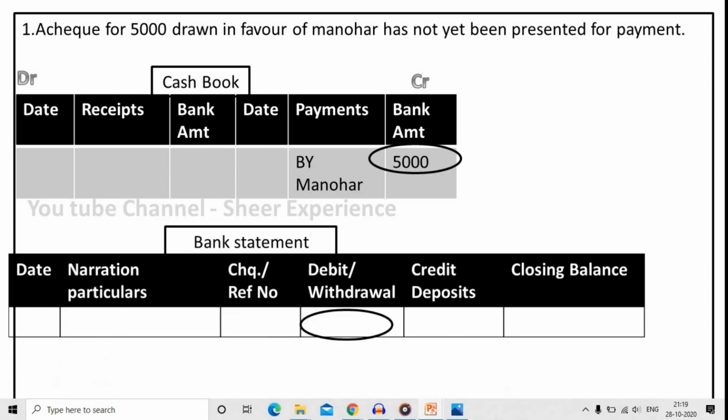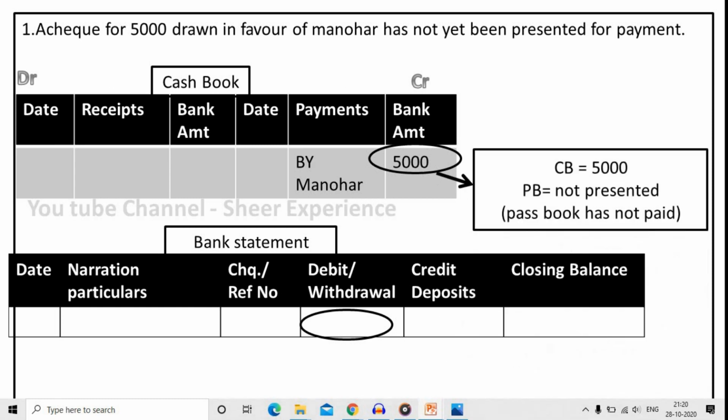If you want to know the cash book debits and passbook credits, and cash book credits and passbook debits, I have clearly explained it in the last video, that is the balance as per cash book video. If you want to know about this concept, I will leave the link in the description box. You can watch it. But here it is not reflecting any amount because the transaction says has not yet been presented for payment. So there is no entry made in the bank book or passbook.